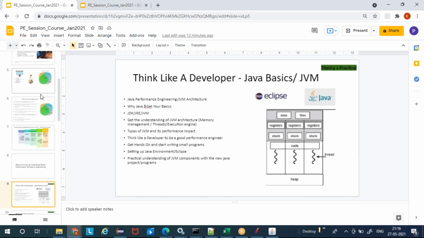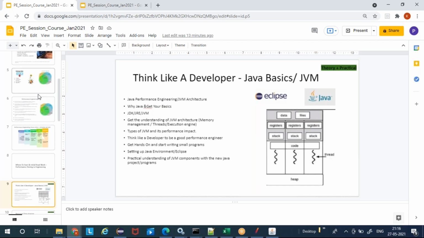You should be very confident in creating a project in Eclipse, creating a class file, creating a method, connecting to a database, connecting to a third-party service, compiling it, creating a war file, creating a jar file, adding an external jar file to your own Eclipse project. All these things we wanted to do by ourselves. That is what we will learn in the Think Like a Developer course, which will start tomorrow.